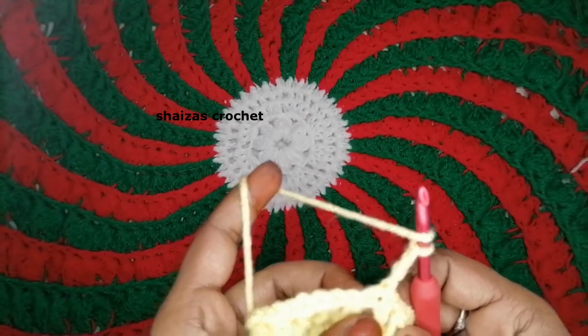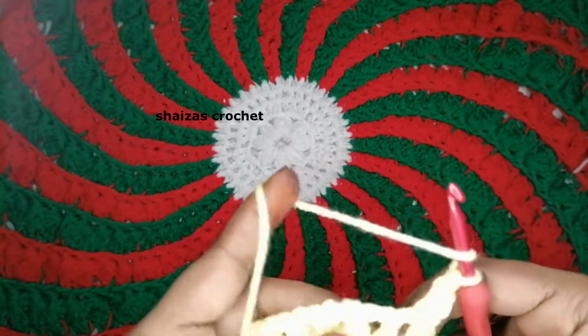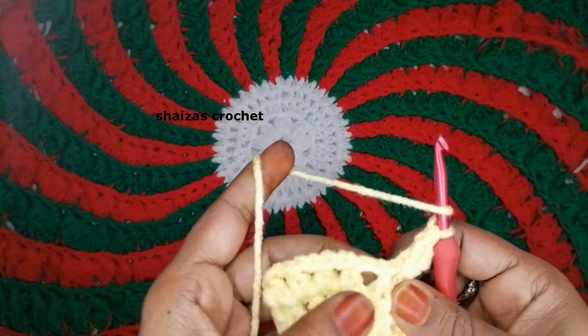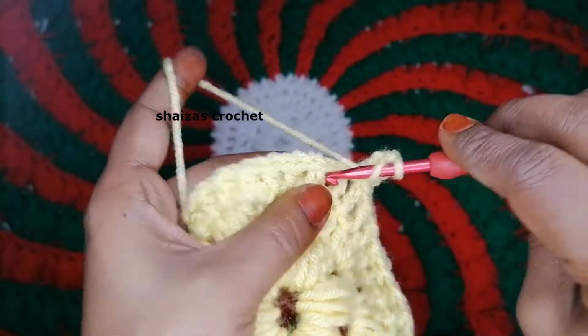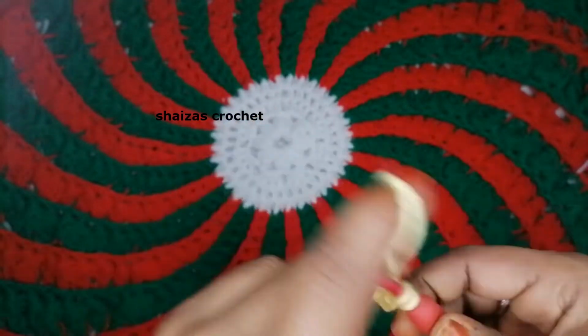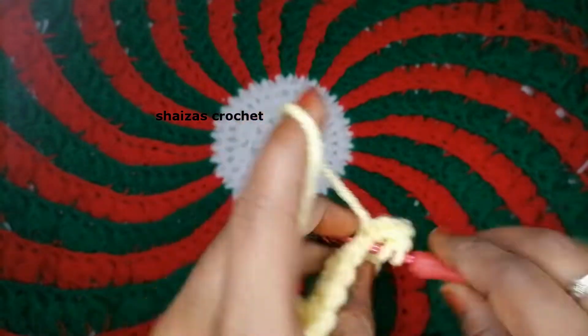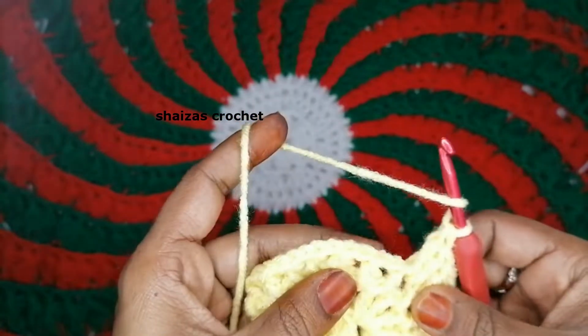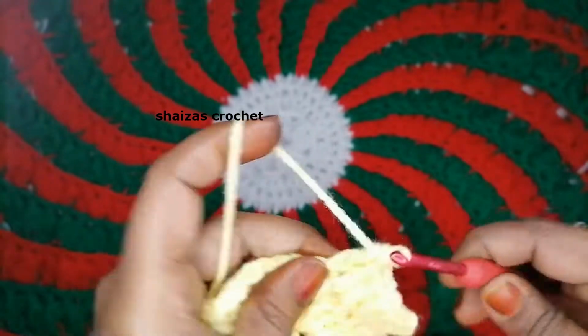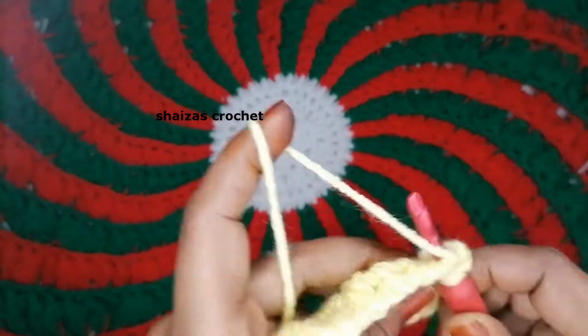Into the next space we'll make 1 double crochet, yarn over. Into the next space here we'll make 2 double crochet, 1, 2. Into the next space, 2 double crochet, 1, 2. Into the next, 2 double crochet, 1, 2. Again 1,